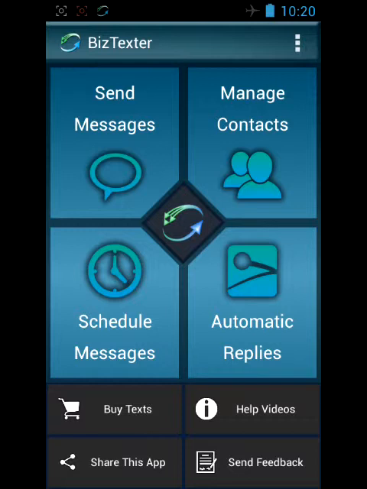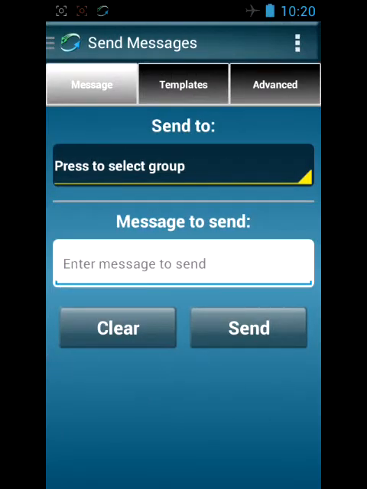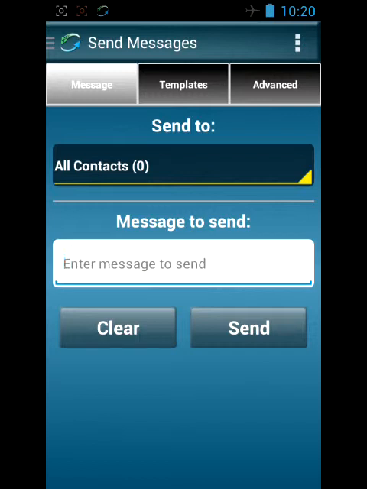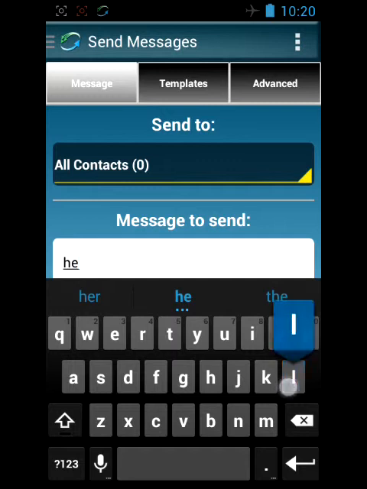So we're just going to hit the send messages so you can see what's going on here. I've already gone and created the groups. We'll get to the groups here in a second, but let's say you wanted to send a text message out to everybody in your church. You'd hit all contacts with 50 or 100 or 2,000 people or however many people